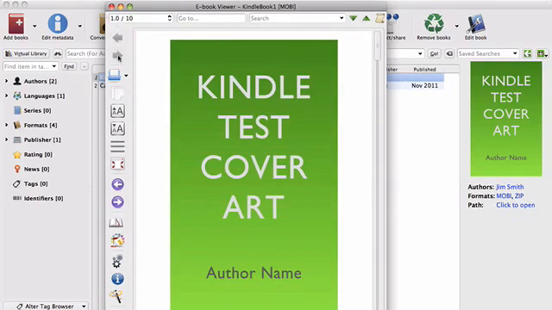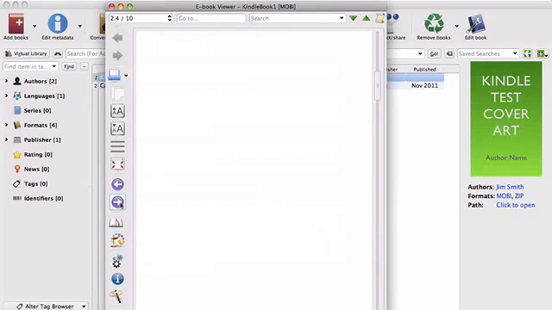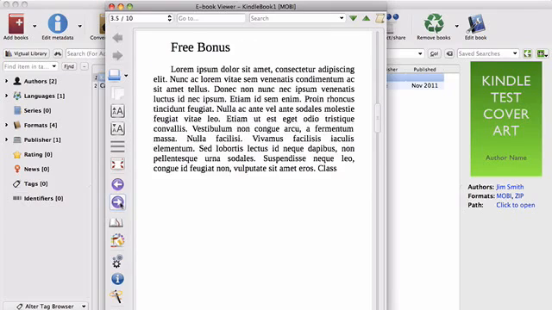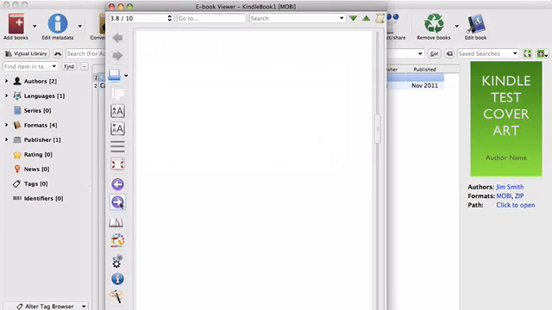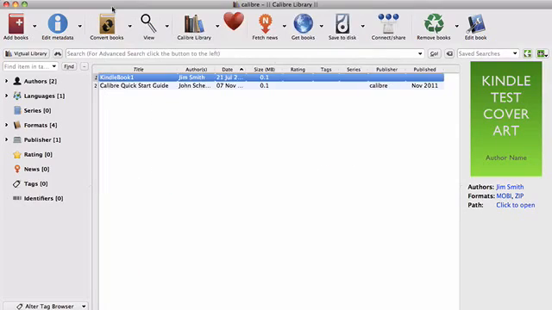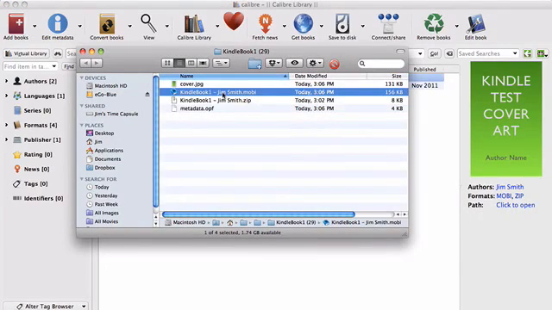We essentially want to look through our book in the exact presentation in our Kindle software. So you see the table of contents and the free bonus. And what's nice about this is you can scroll through and see how your application is looking. But we want to really look at this Mobi file on how it looks in our Kindle program. So the best way to do that is go ahead and click to open, and this will navigate through your application, and all you do is go up here and click on the Mobi file, double click that,